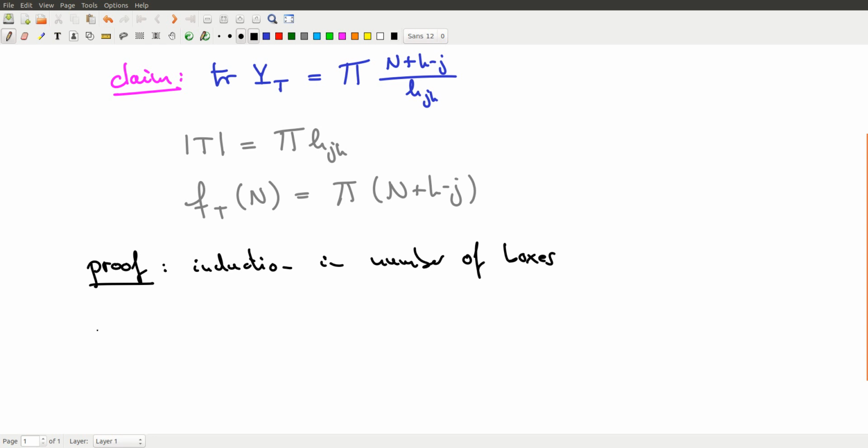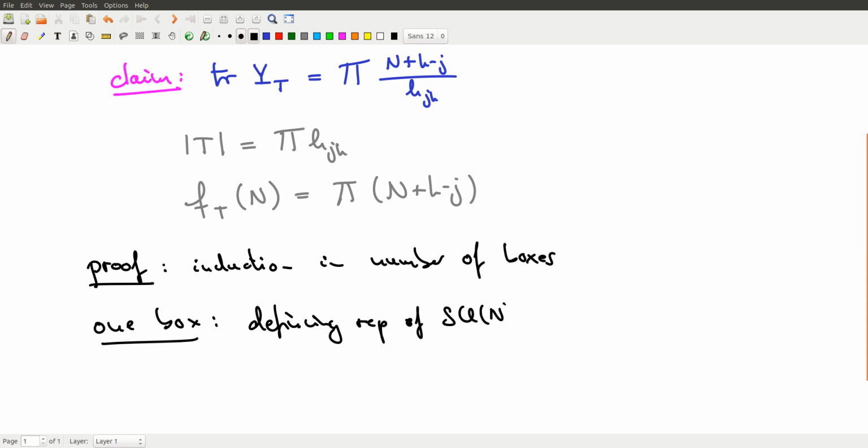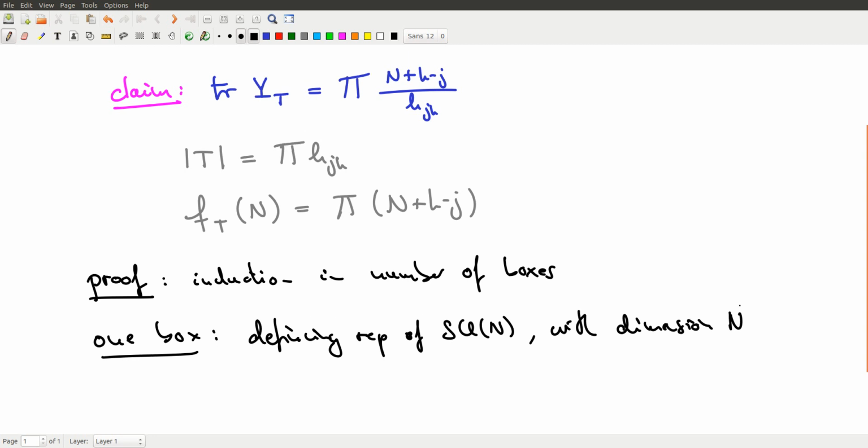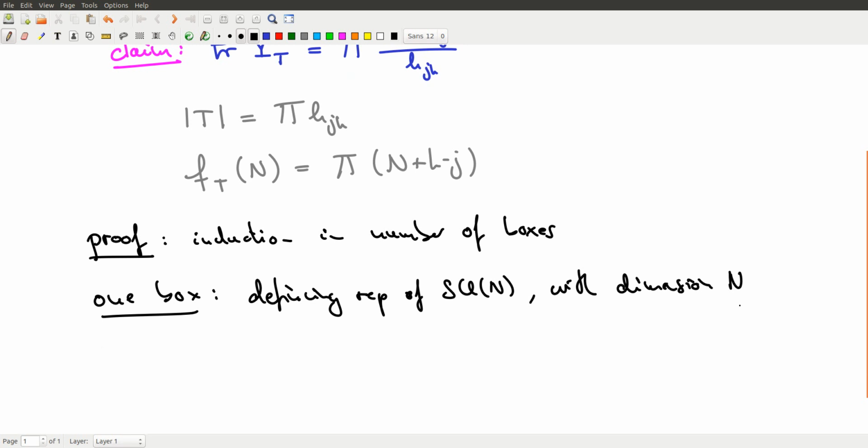So for one box, we just have the defining representation of SU(N), and that has dimension n. And that's fine with the formula as well. Okay, and then for the induction step,